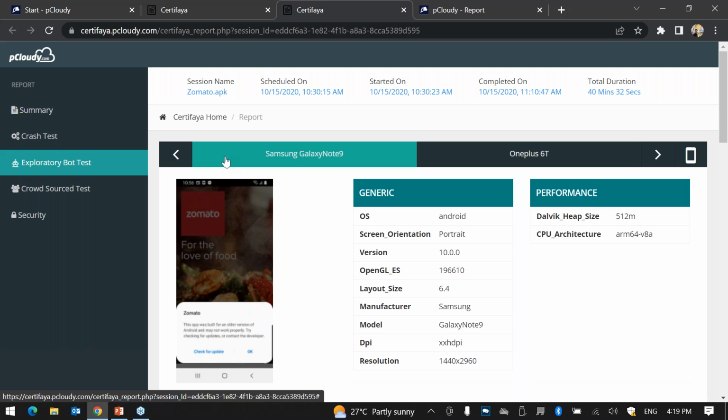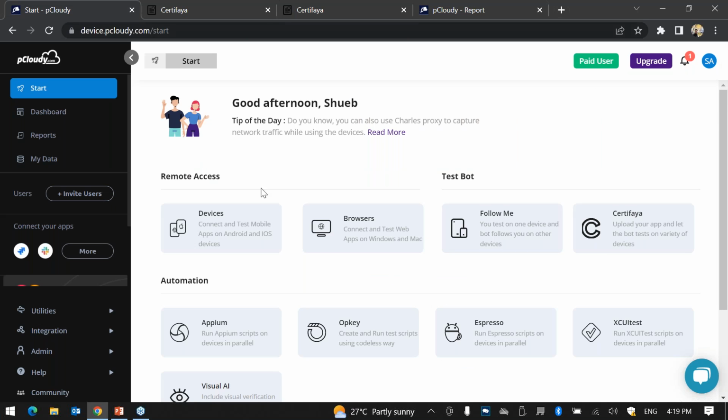So that's pretty much from the certifier session, a very useful feature from an autonomous bot testing standpoint, which can help you quickly do a sanity test even before you release your app to production, right? So that's about bot testing. We urge you to give it a try and test some scenarios using the bot, right, which can help reduce your automation time. So that's from the bot standpoint.